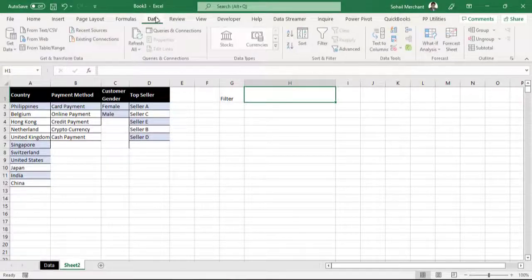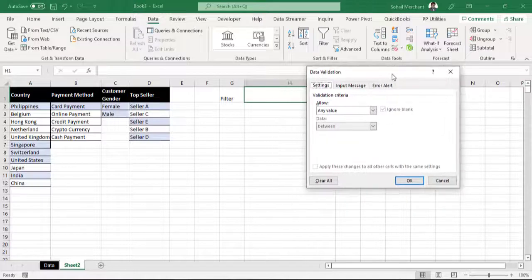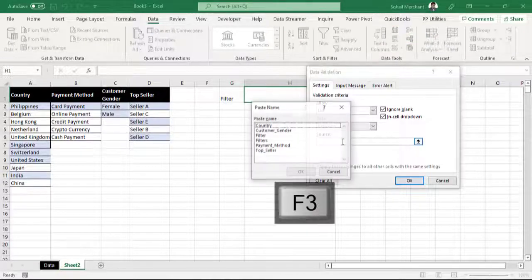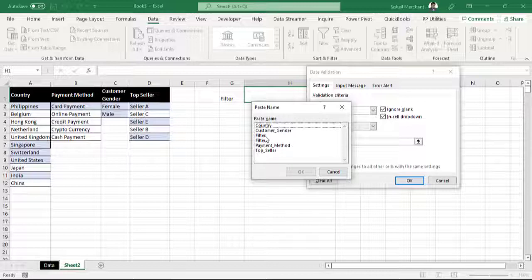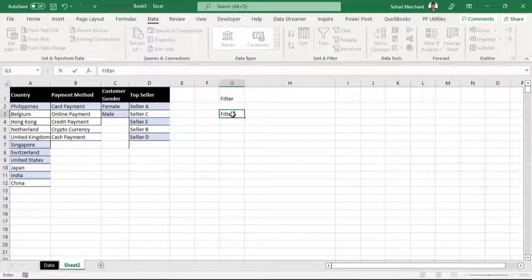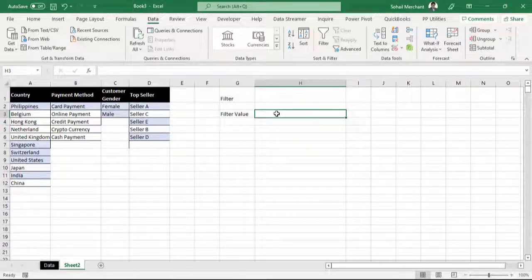For that, go to Data Tools, Data Validation, and from Allow, choose List. And in the source, press F3 to call the Paste Name dialog box. And here we need to choose filter. Okay. Now we want to provide the filter value. So here I am writing filter value. Now for this filter value, I will insert a drop-down list. Again, go to Data Tools, Data